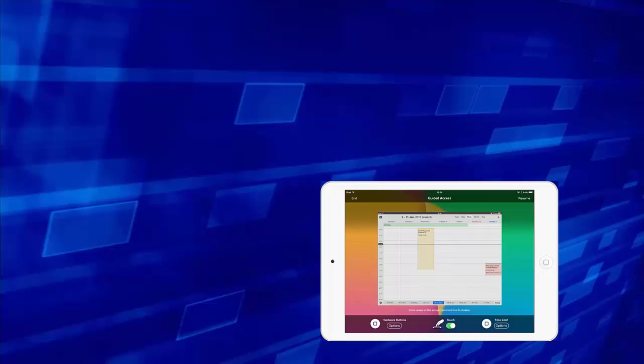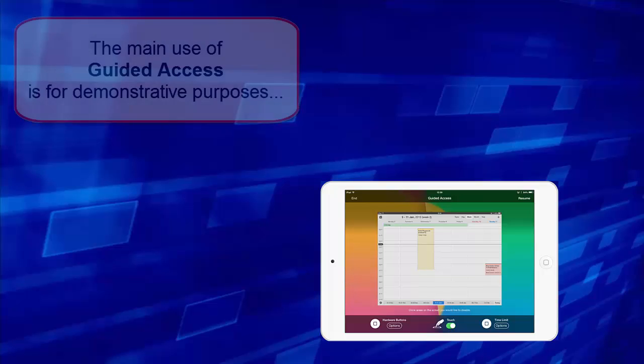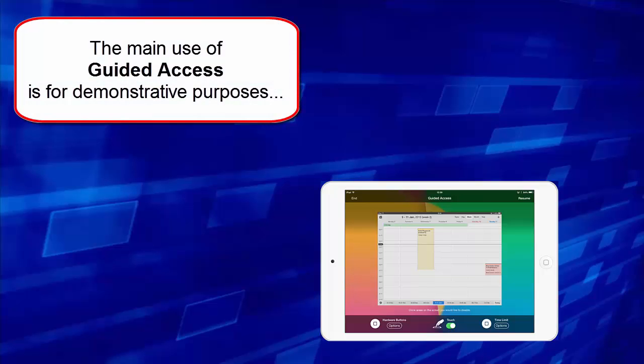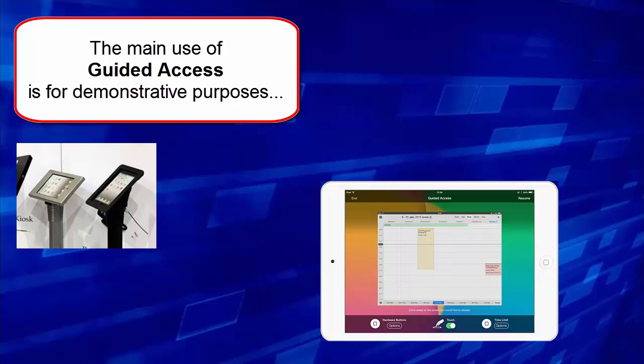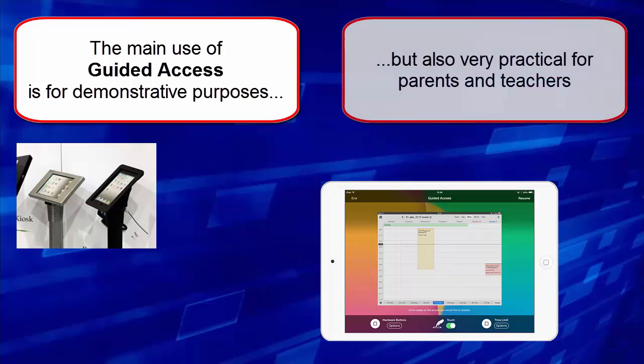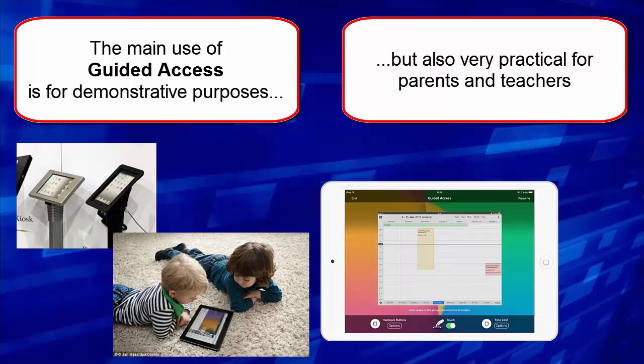So that is it. It's a very, very useful feature that I've recently learnt myself, and its main use, I would imagine, would be for promotional events, demonstrations with the public, but also as a side option, as a parent, being able to monitor how long your child stays on, or even how they use the iPad